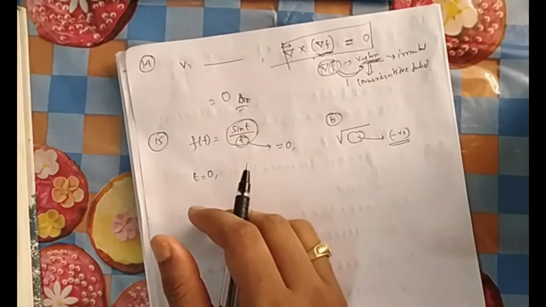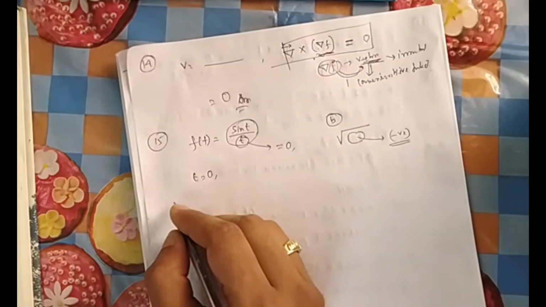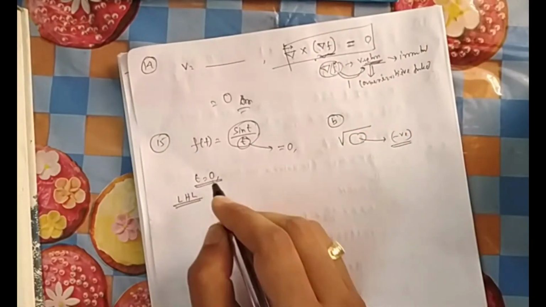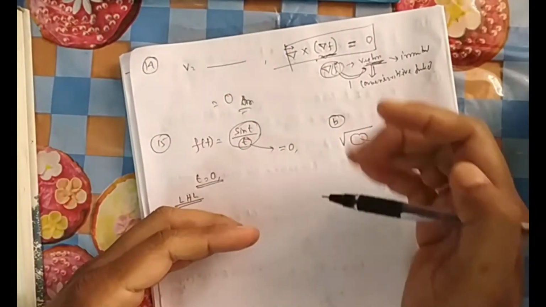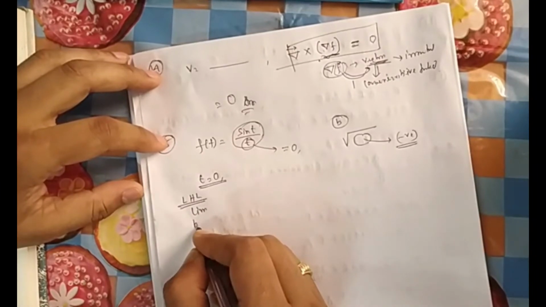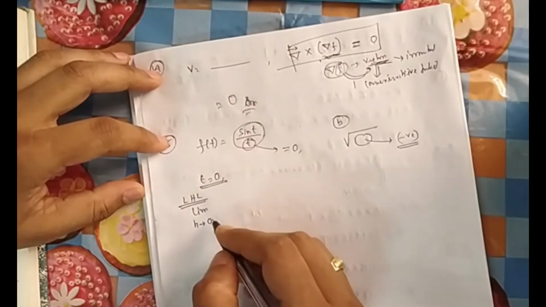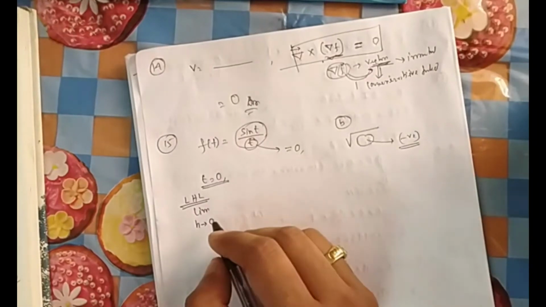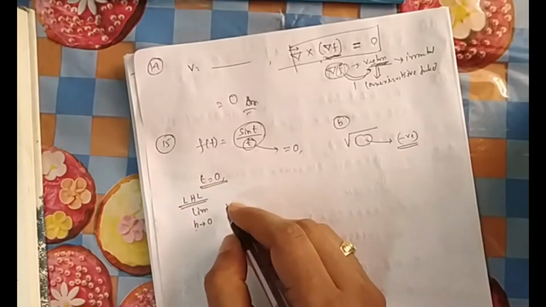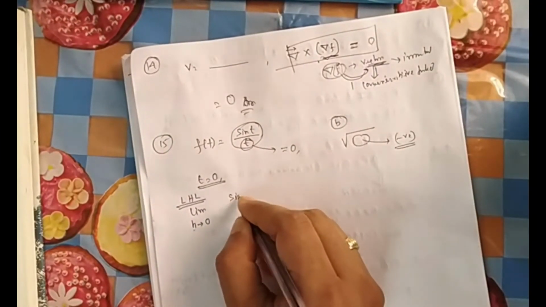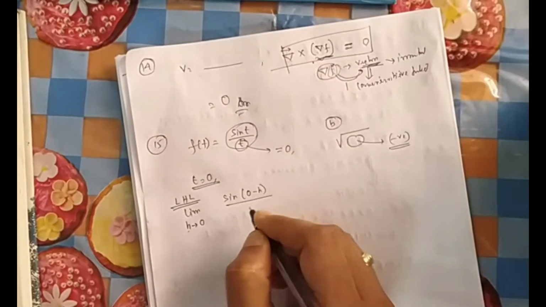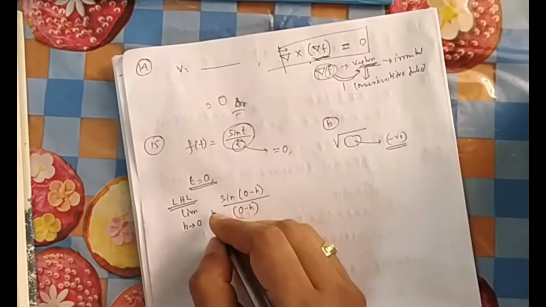So for continuity, what will we do? We do the left hand limit and the right hand limit. Left hand limit means you approach 0 in two ways, one from the left hand side, one from the right hand side. What is the left hand limit? Limit h tends to 0. Actually I want to go to 0 minus, that is behind 0. So we will go back of 0 by a very small margin, that is known as h. The sine of it will be sin of 0 minus h, and 0 minus h in the denominator.